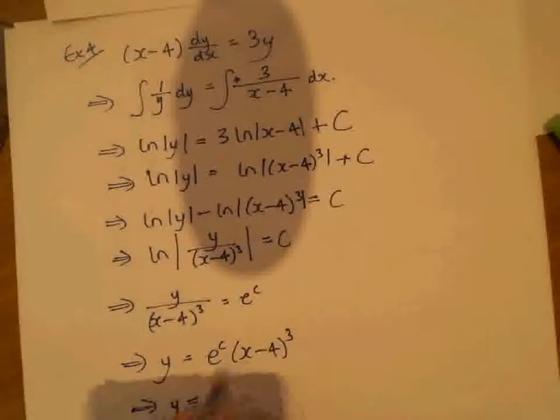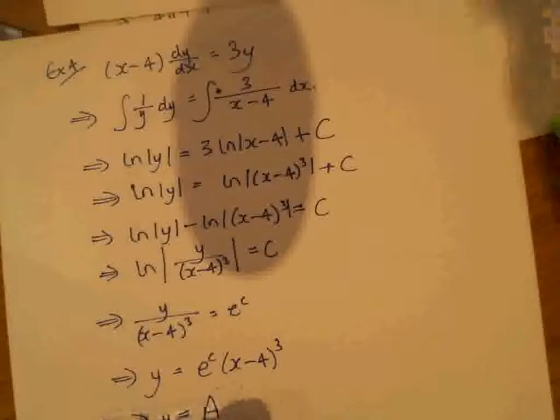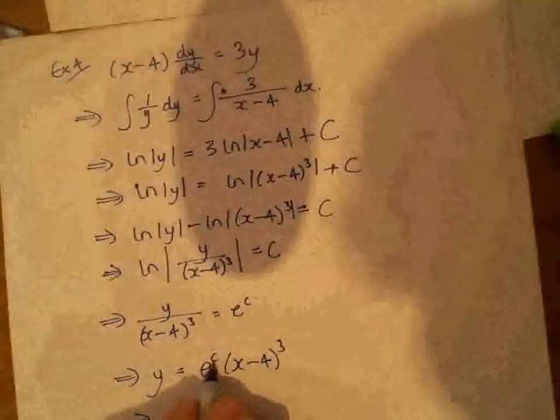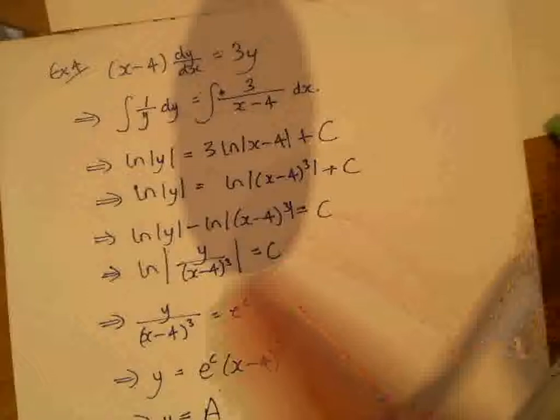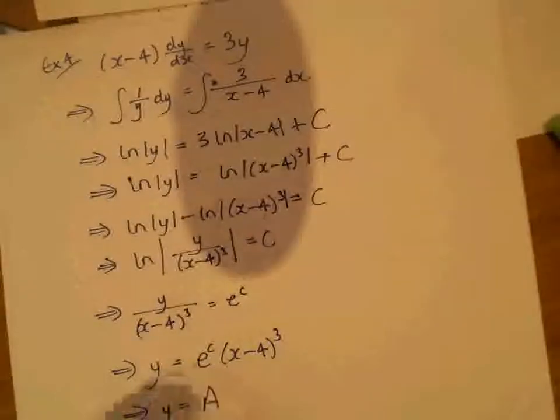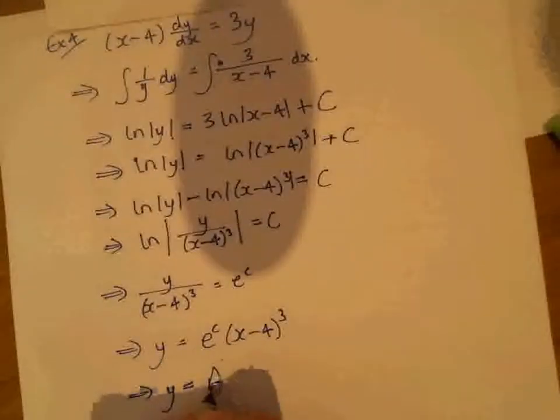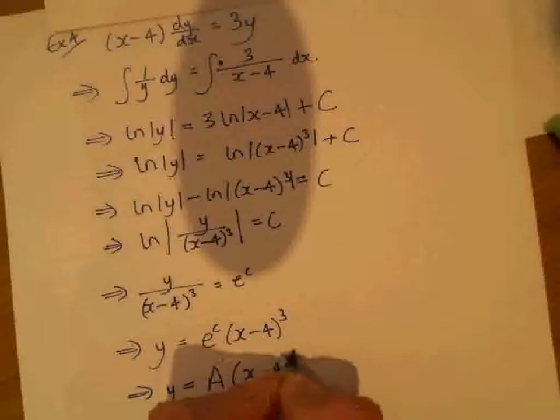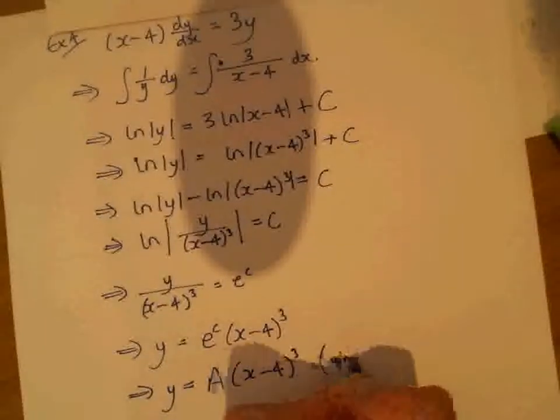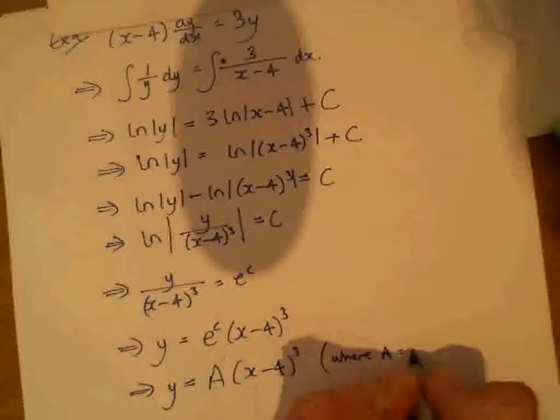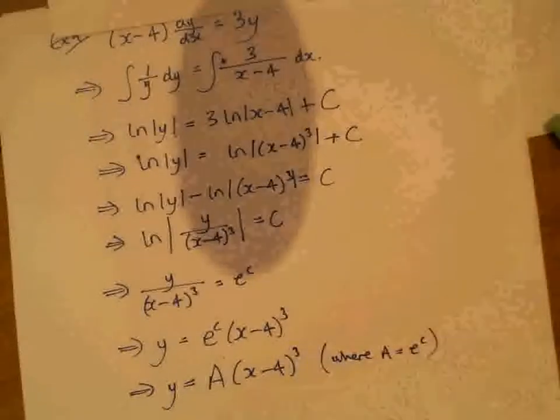And you might more commonly see this written as some constant, which is what e to the c will be, because remember c is just a constant and e is just a number, don't forget. So we've got a x minus 4, but it might be worth noting where all I've literally done is just replaced e to the